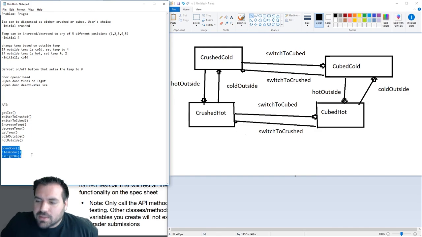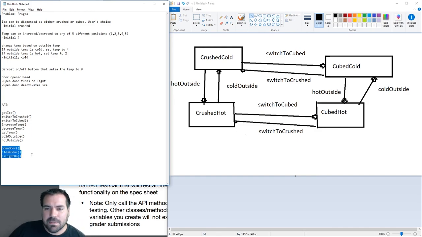So here, I don't have any more states until we go to open door and closed door. And here, I want to emphasize one of the downsides of the state pattern, especially if we take it to this extreme where we don't have any conditionals. If I want to add this open door, which given more time we could add, guess what we have to do is double this state diagram. So if we're strictly using states and no conditionals to control this stuff and not getting creative,